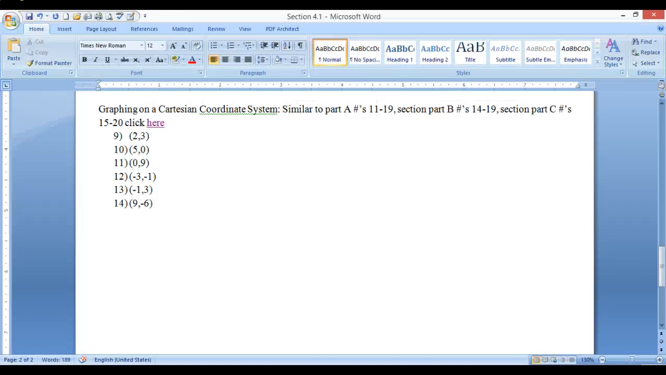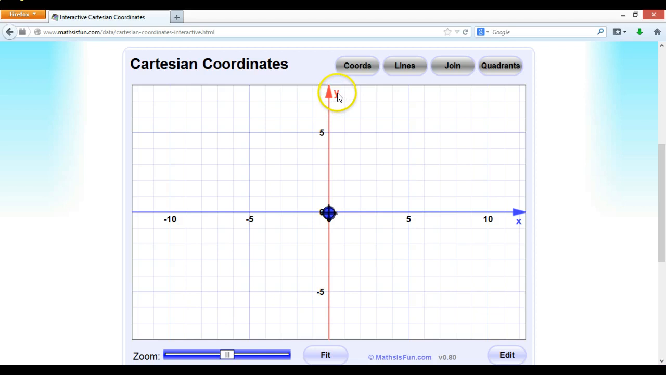So I'm going to come in here to section 4.1 and I need 2, 3. The Cartesian coordinate system was created by a mathematician, of course named Cartesian, and so 2 is the x coordinate and 3 is the y coordinate. X goes left and right. The y goes up and down. Now I have a lot of people who get those mixed up sometimes, so I like to give you the option of saying y is tall, and so if you think about that y going up and down,